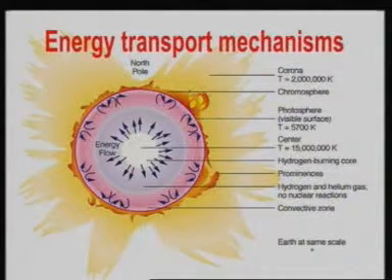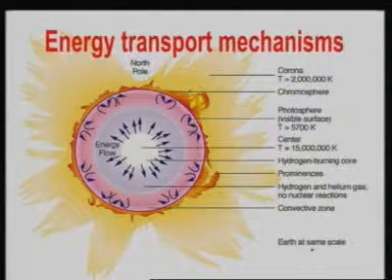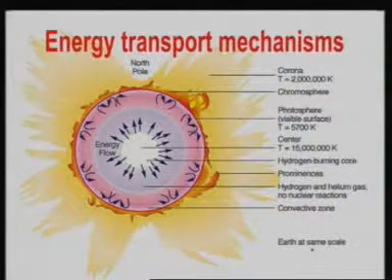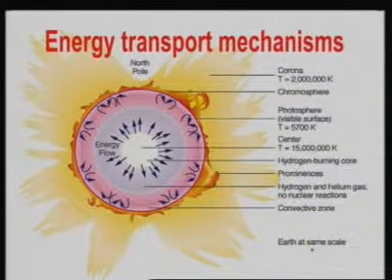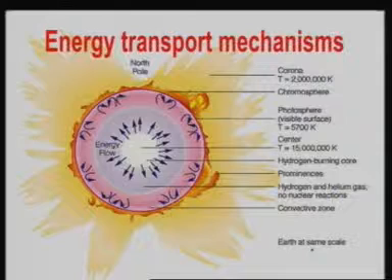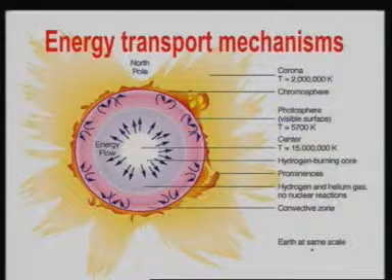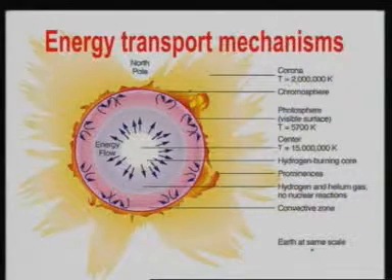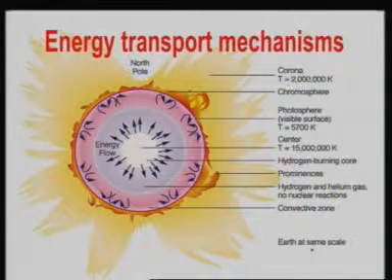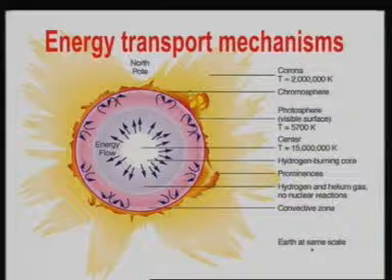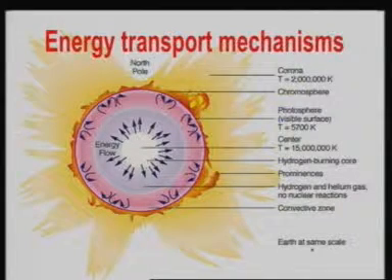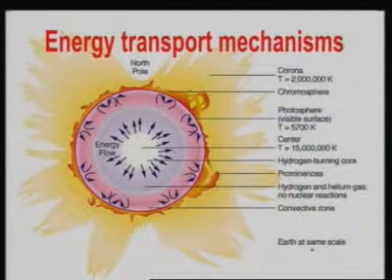And from the core, these high energy photons start traveling to the surface. On the way, they collide with matter and they are re-emitted, and ultimately at each collision they are weakened. Their energy is decreased, and therefore when they reach the surface of the star, the temperature at the surface is only 6,000 degrees in the case of the sun. It's very interesting, this fact.